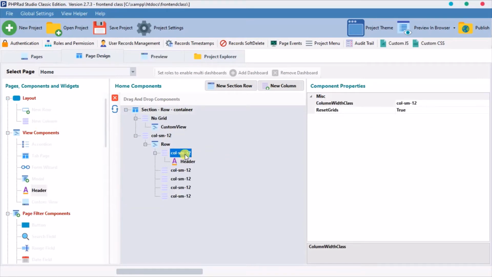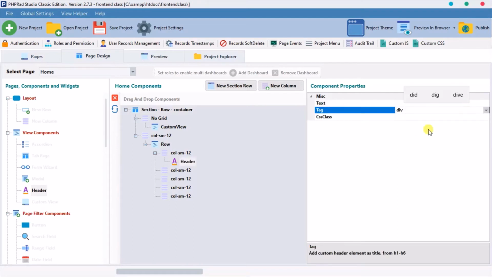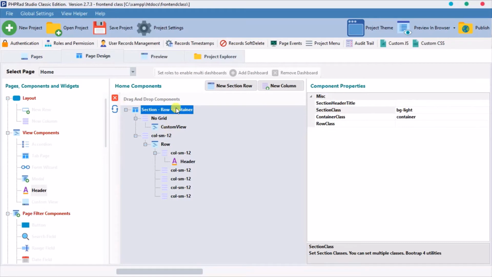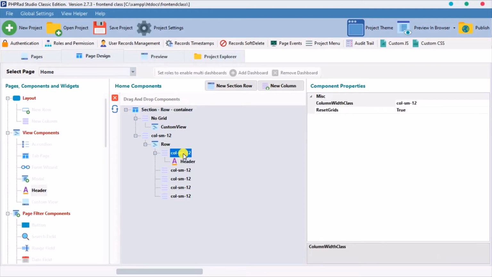So inside the first column we want to add this header class, and we want to say div. And before we continue, make sure you have typed bg-light, and this bg-light will be on the mother row, okay, on the mother container, this guy. So that's where you give your bg-light, or I prefer using bg-light, okay. That is actually the background I spoke about. So let's come over to this guy. You remember we added 5 rows, 1 2 3 4 5,